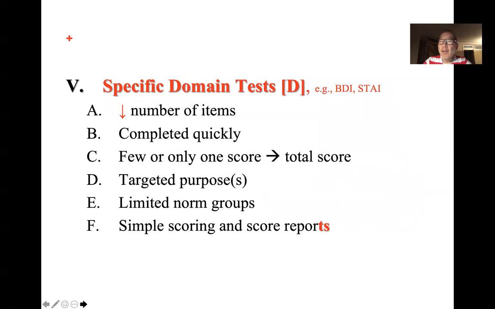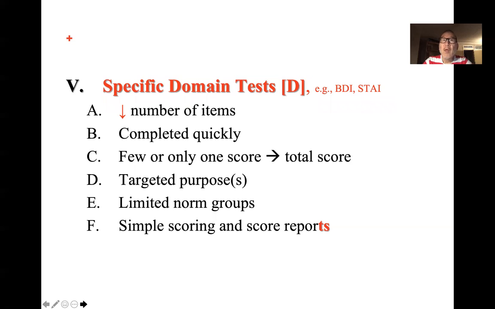Now, the other category of objective personality tests are the specific domain tests. As the term implies, a specific domain test is measuring a specific construct or concept. A classic one will be depression, like the Beck Depression Inventory, or anxiety, like the State-Trait Anxiety Inventory. Those are two very common domain tests, but there are hundreds of domain tests measuring all kinds of different